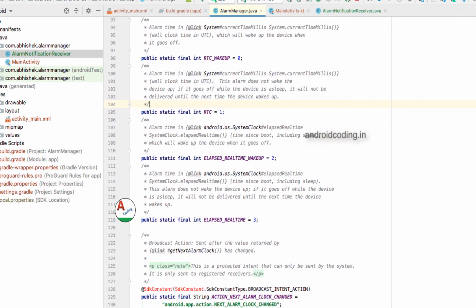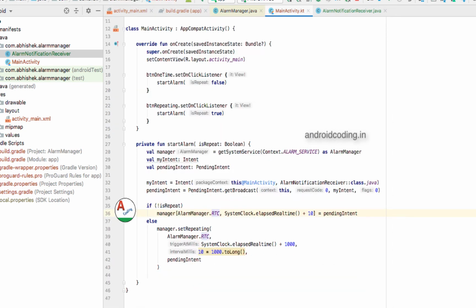So here in RTC wake up and RTC, we will be providing a time, for example 3 o'clock you will be specifying. Let us see in our example. We have specified here 1 second into 10, so we have specified 10 seconds of time here. In general we will be specifying 15 minutes or so. We don't specify this small amount of time, but to make you understand I have specified this particular amount of time. So yes, we'll go back to our explanation here.